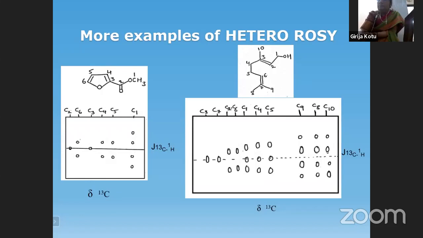Similarly, to the right, it is geraniol. It is a more complicated molecule, a natural product, a terpenol. You are going to find there are 10 different carbons in this. The most downfield carbons are the quaternary carbons, 3 and 7. Because they are quaternary carbons, there are no attached protons, so hence they are seen as singlets. They have to be seen as singlets.